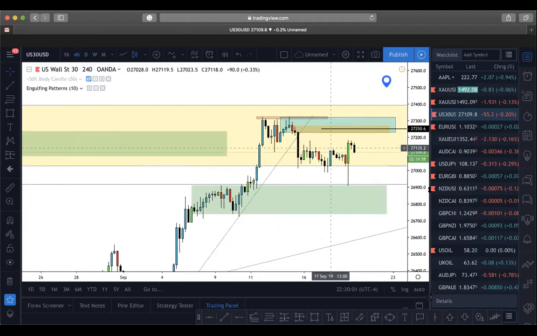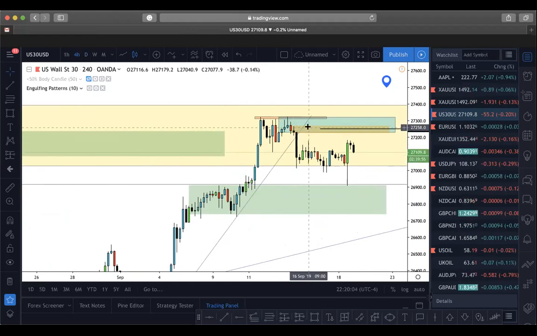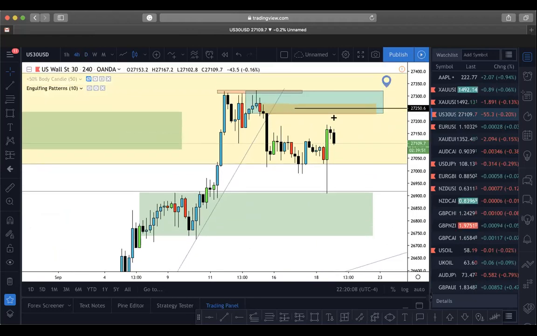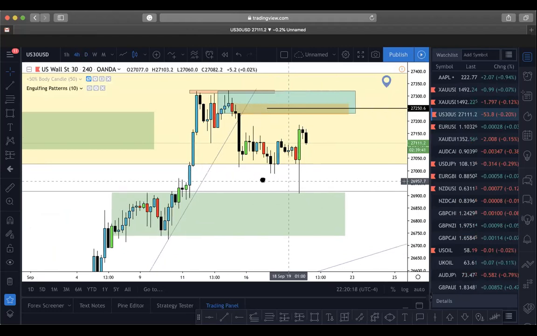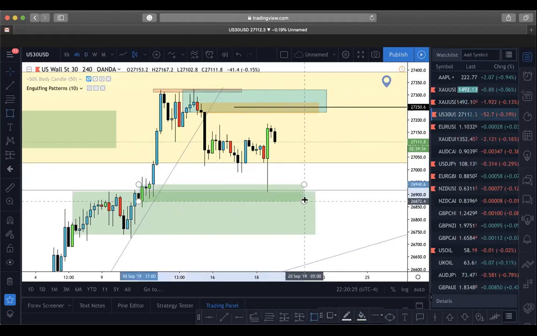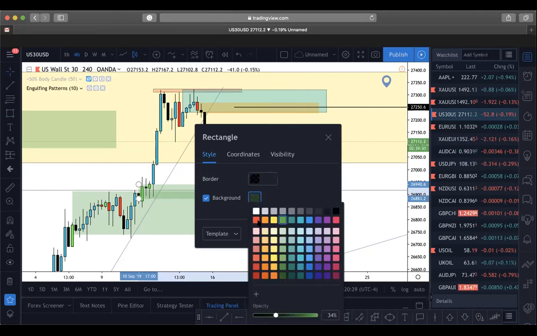Now drop down to the 4 hour. Now we have a 4 hour zone here. What's the market taking? All of this is the base right here, right? Four basing candles broke the trend line, and it hasn't gotten up to the 4 hour supply yet, and this would be the 4 hour demand responsible for